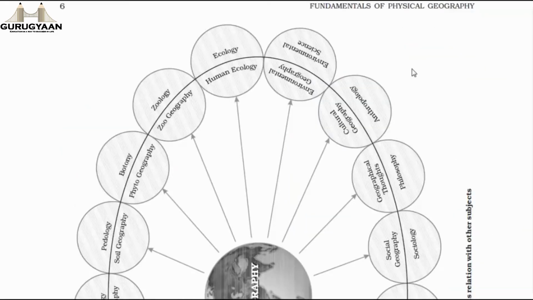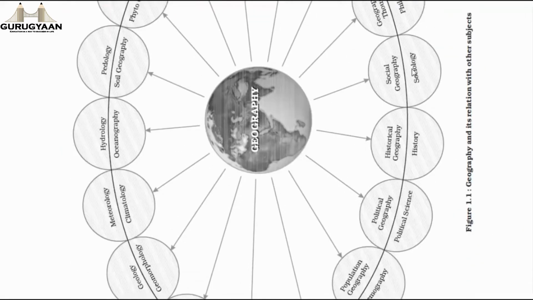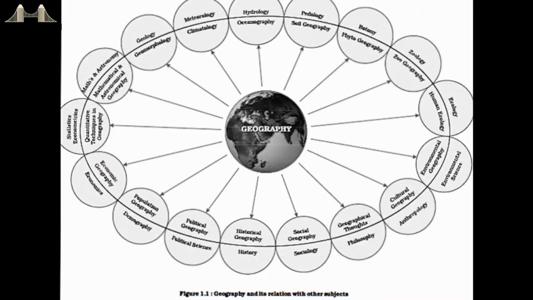Now if you look at this picture, wait a second, I need to straighten it up. Okay, now it's good. So here's a picture in which you can see geography and its relation with other subjects. At the center you have this earth, and then these are the other disciplines that are directly, sometimes indirectly, associated with geography. So we have read about all these topics previously in this chapter, and I have also explained what they stand for, what their expertise is.